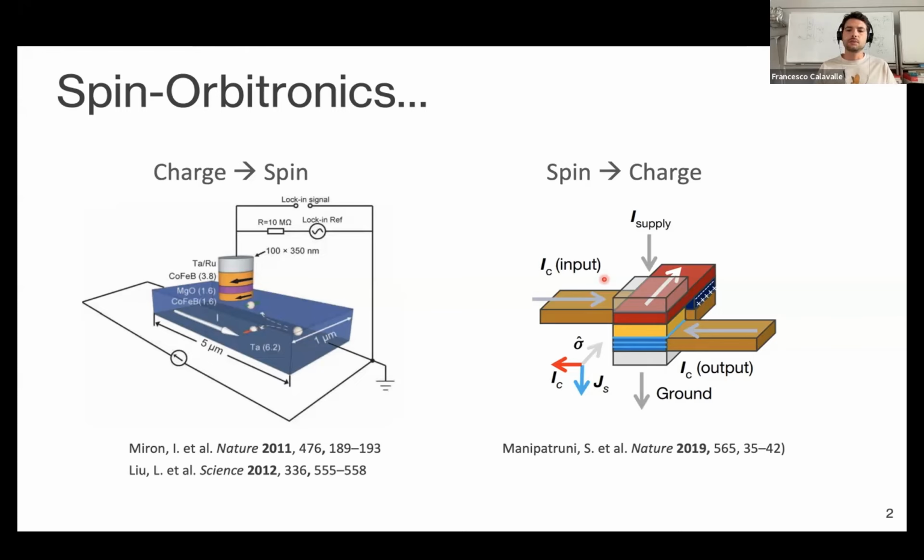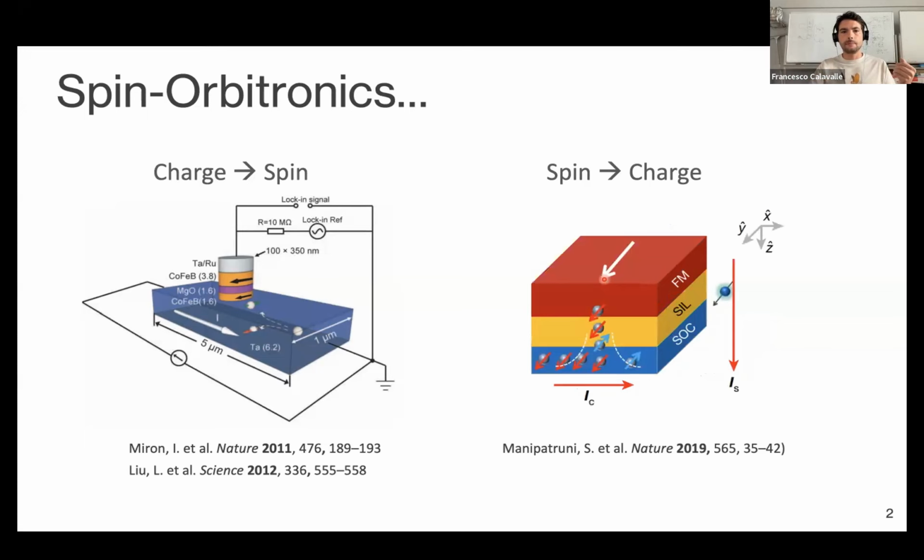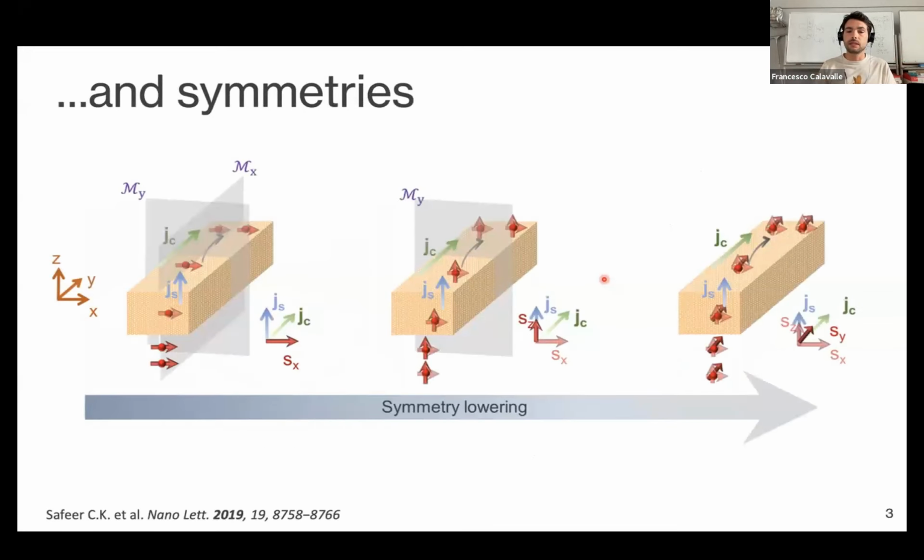This means that we also have symmetry constraints for the configuration of spin current, charge current, and spin polarization, which in this case have to be mutually perpendicular. Nevertheless, we also know that recent studies have demonstrated that the symmetric configuration of the material at the microscopic level can reduce the symmetry constraints, allowing for new spin-to-charge conversion configurations, which may be very helpful for the design of new spintronic devices with different configurations and geometries.